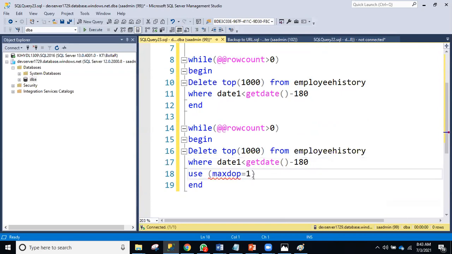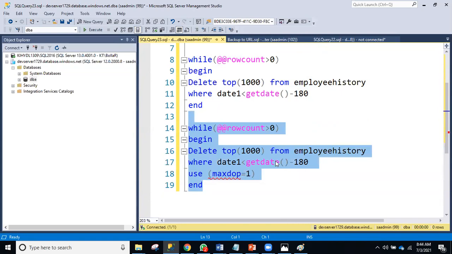So we have a table hint, team. Table hints we have. MAXDOP is also one of the table hints. If you use MAXDOP equals 1, this query will use only one CPU, team. You can also give one CPU, two CPUs like that. So like this, you can reduce the CPU usage for this query.